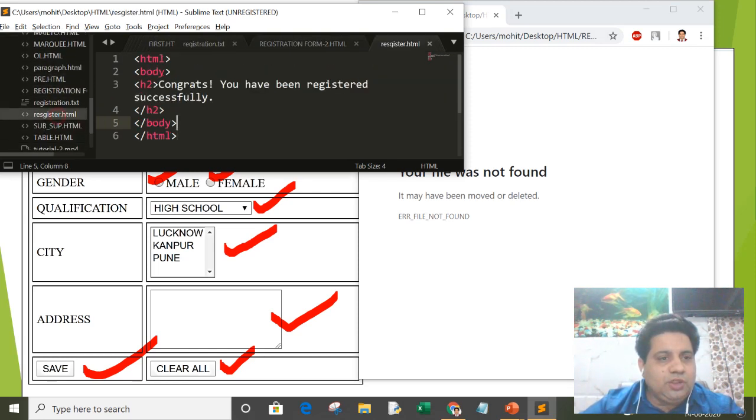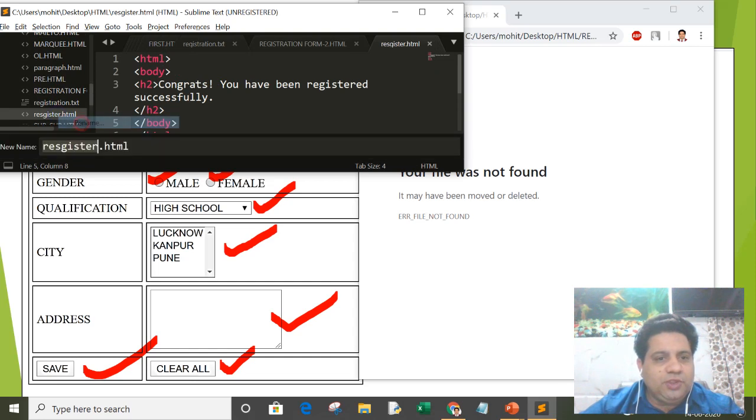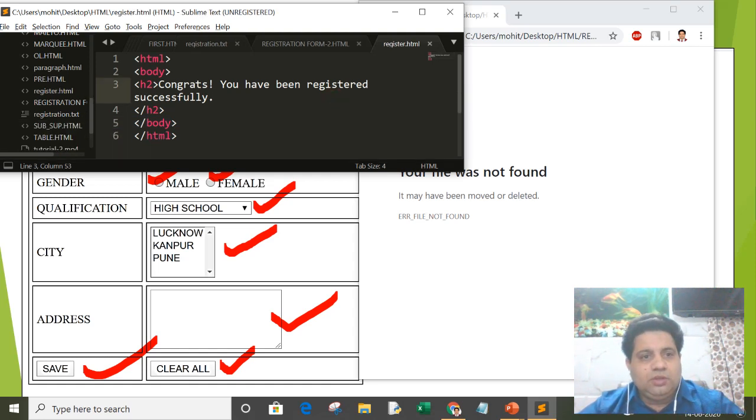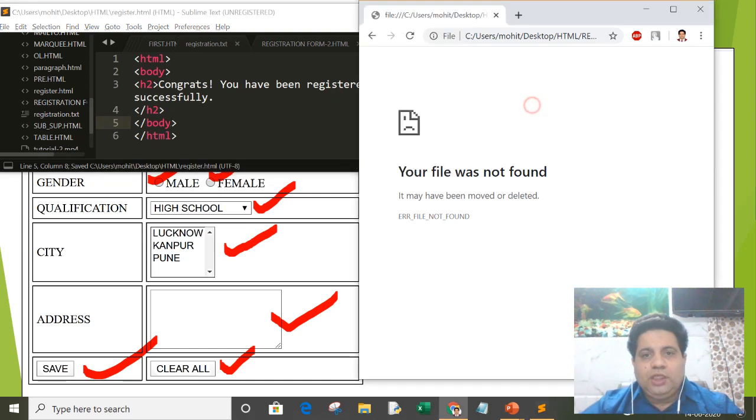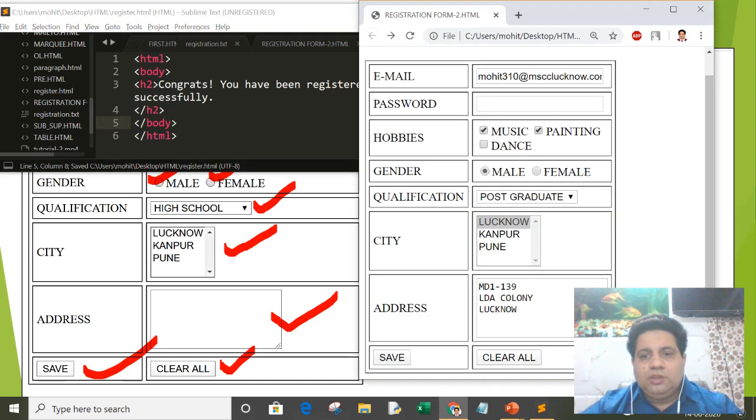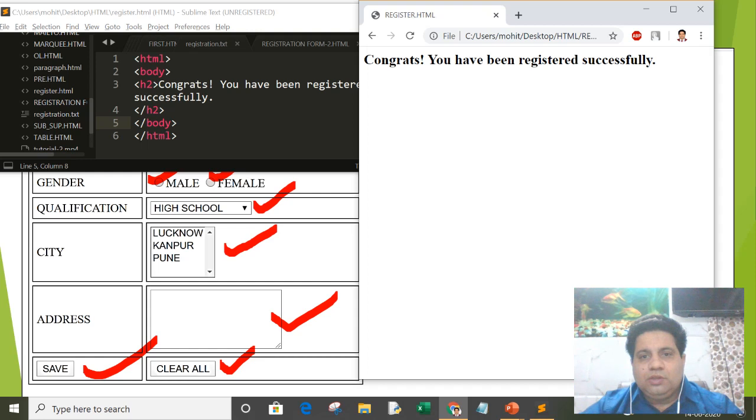So register.html. The spelling is wrong. Let me correct it. It is register.html. Okay, it is correct. Again, congrats, you have been registered successfully.